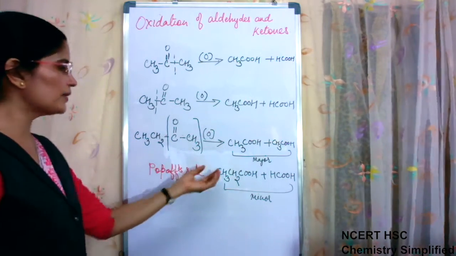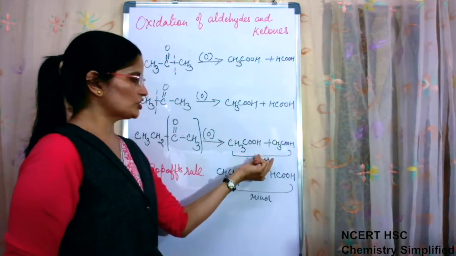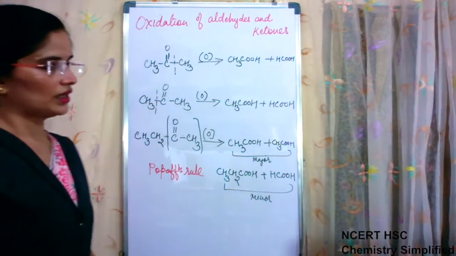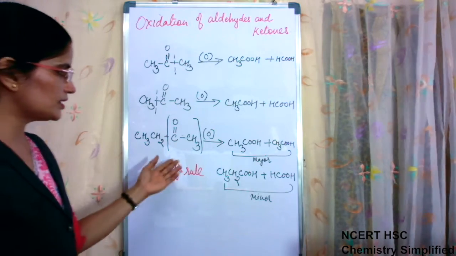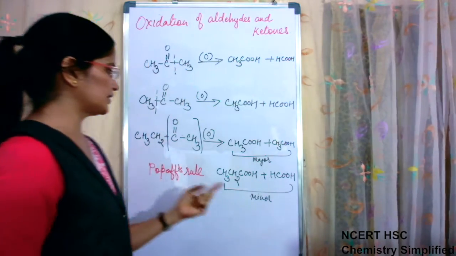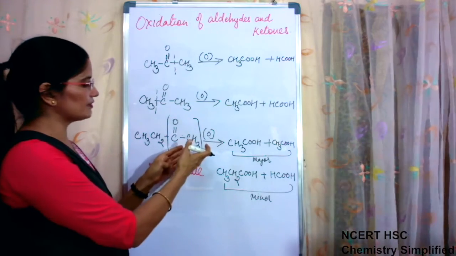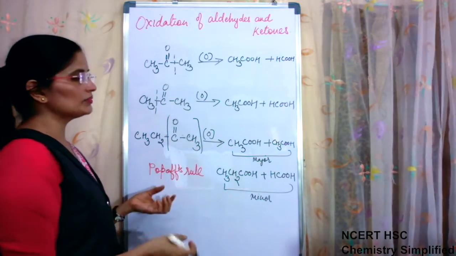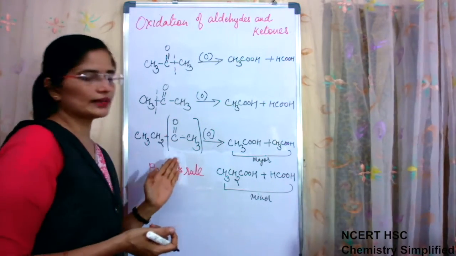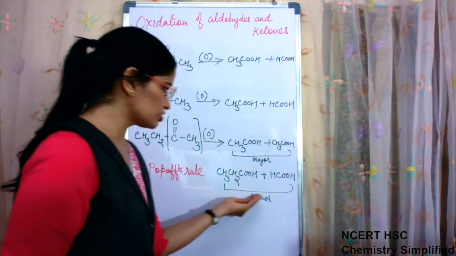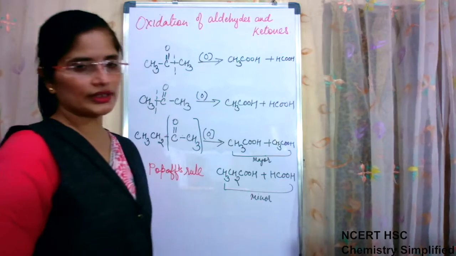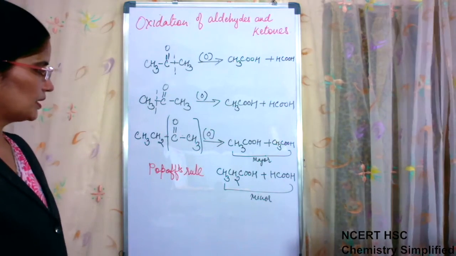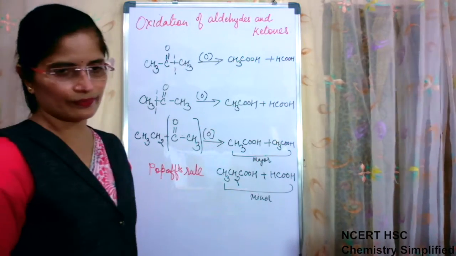That's it. That is why we said that the major product is this, but it is not like Markovnikov's rule where only one product is formed. In this we are saying major and minor. That means preference is given to this, but at the same time some amount of the second side bond cleavage product is also formed. That is why some minor amount of this product is also obtained. But the major product will be this.